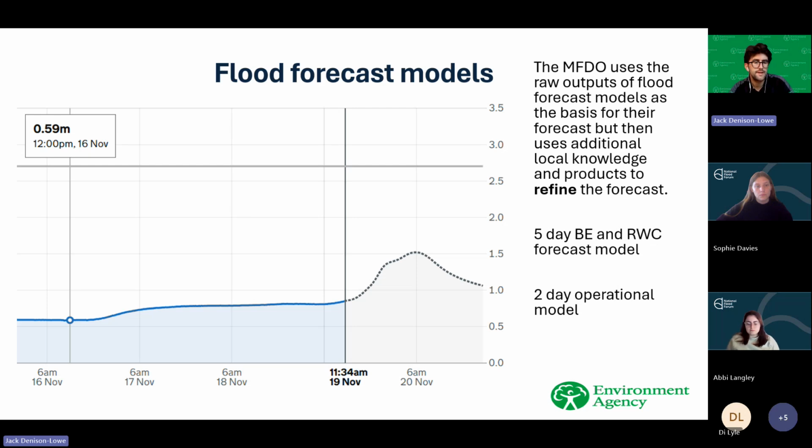We have what we call our 5-day forecast. So that's our longest outlook forecast, and that's the furthest we can go into the future in terms of looking at the forecast. We've got two models that run on that. We've got our best estimate model. So that gives us an indication of what is the most likely scenario we're going to see in terms of level at that gauge. And I should have said, going up the vertical axes, we've got the height at that river gauge. Our reasonable worst case model, that shows, as the name suggests, what we could reasonably expect to be